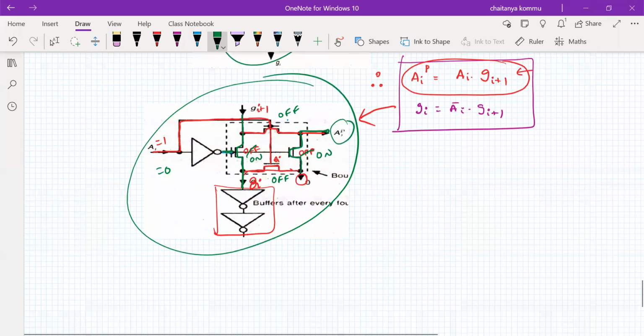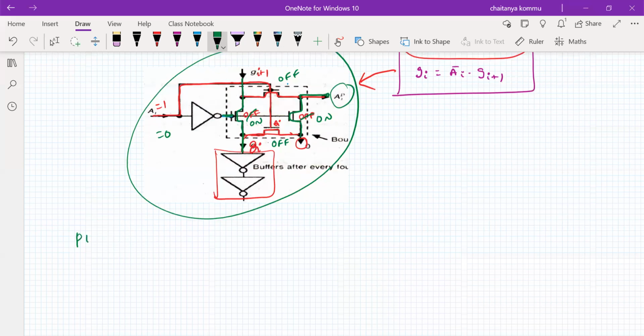Okay, so then the PLA implementation is there. Please go through the PLA implementation at the back of the circuit. Otherwise, we will discuss it in the next class. Okay, we stop here today, and the remaining things will